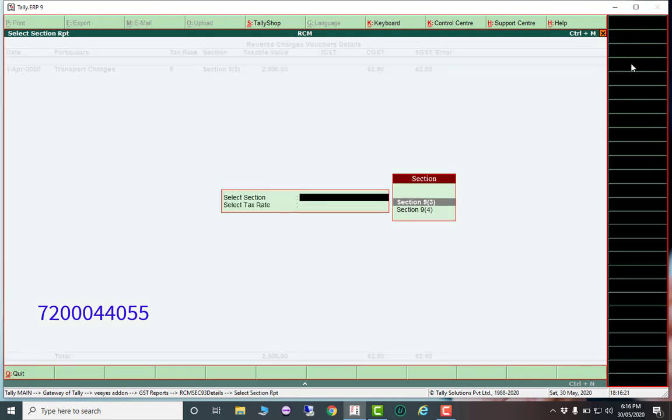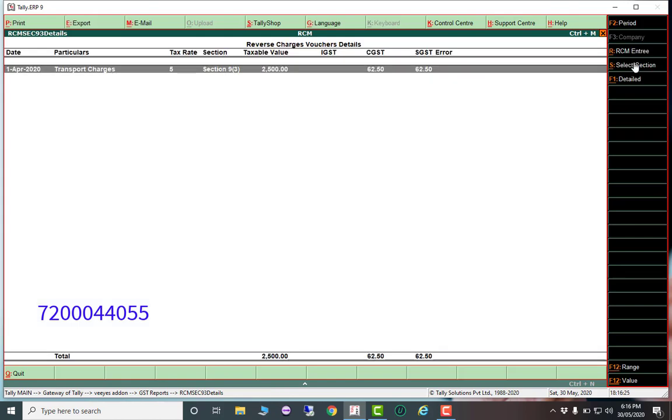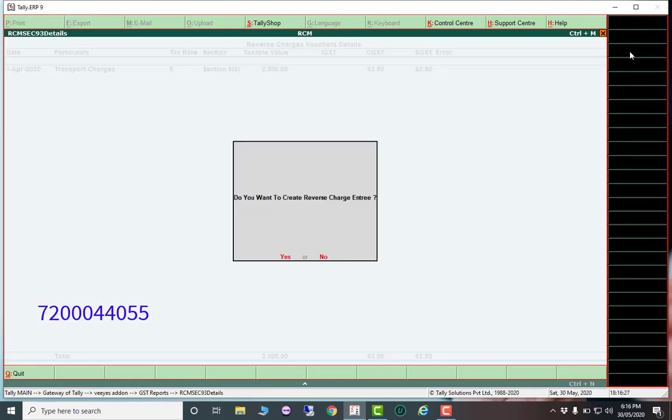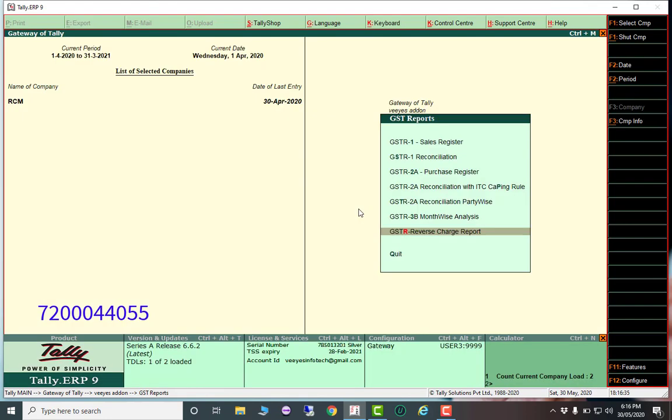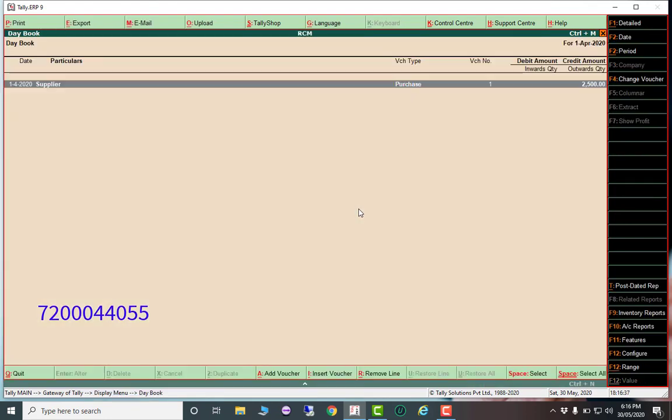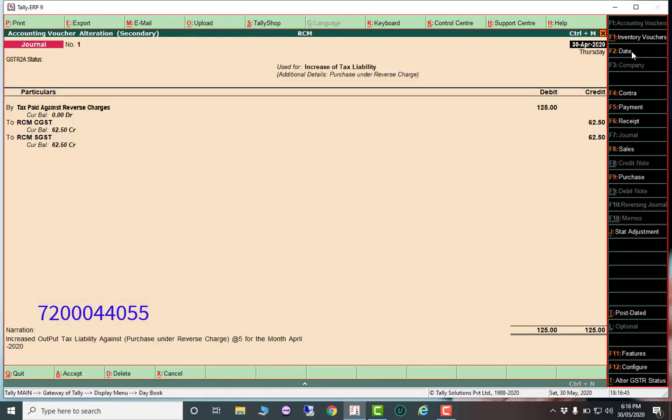Select, file, enter, RCM entries. Do you want to create reverse charge entries? Yes. RCM entry created successfully. Now see, display day book. So automatically tax paid against reverse charges.